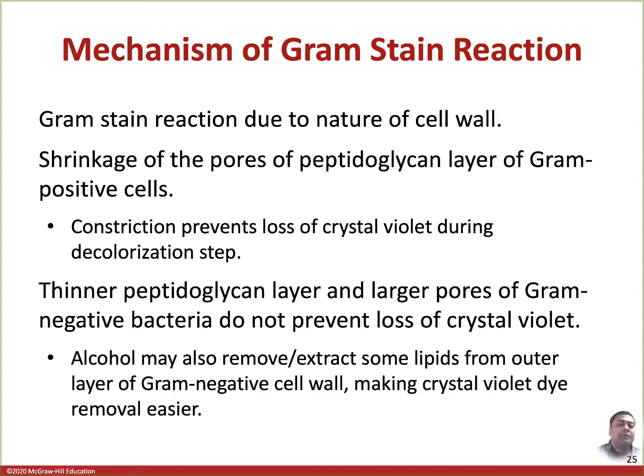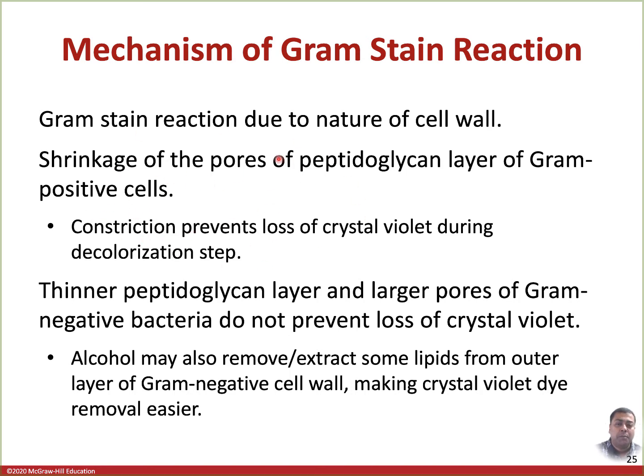The mechanism of the Gram-Stein reaction, we have already seen in the previous chapter, how it works. The shrinkage of the pores of the peptidoglycan layer of the gram-positive cell wall restricts the crystal violet from escaping. When you treat the cells with the crystal violet and the mordant iodine, they form a complex, and it precipitates. This complex essentially stays inside the gram-positive cell wall due to these pores, which constrict